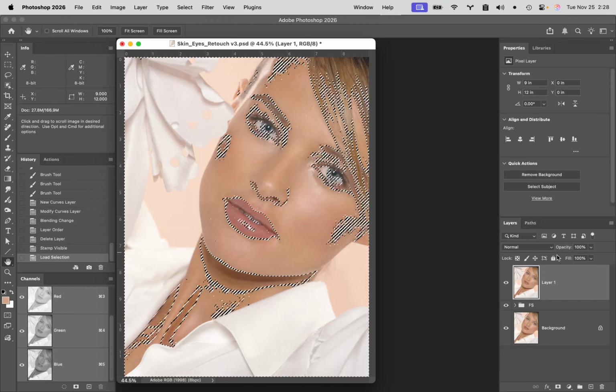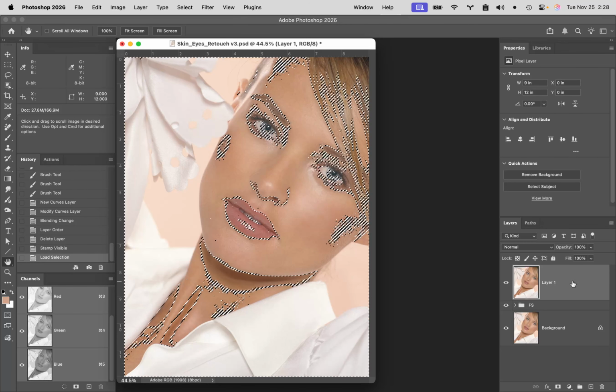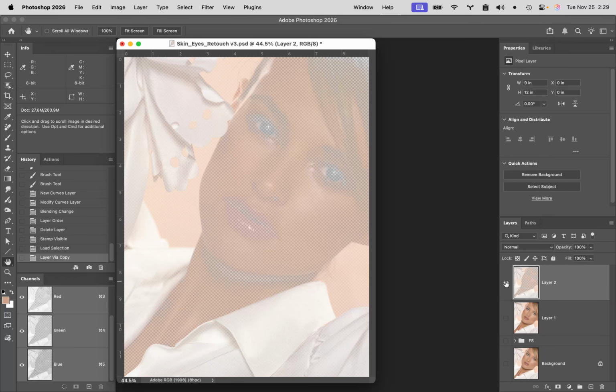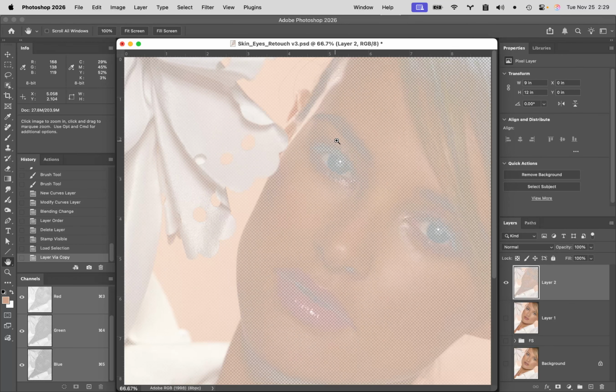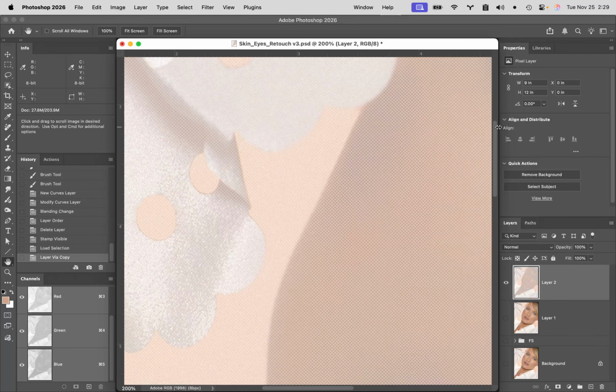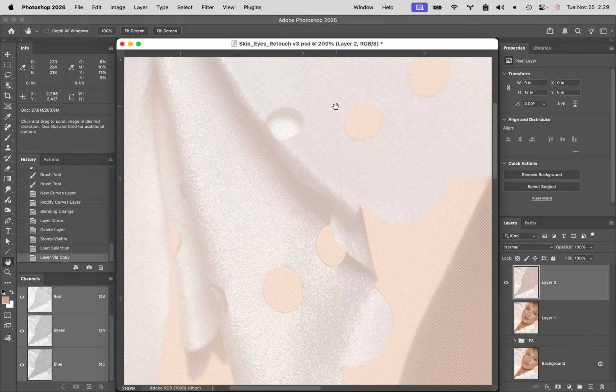Then I'm going to come back over to my layer, this layer number 1, the combination of everything, and I'm just going to Command J this. So hit Command J. And if you hold down your Option key and click on the eyeball for this new layer, what you'll see is it's basically selected the highlights of your image. So if you zoom in here and take a look at this, you can actually see the areas that are, well, for instance, if you look at the sweat,